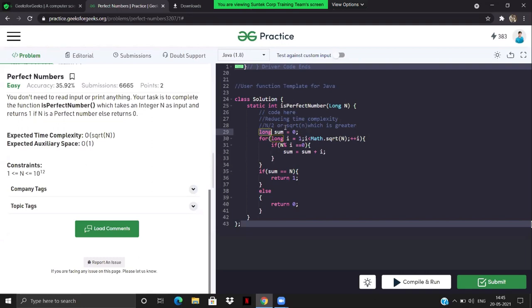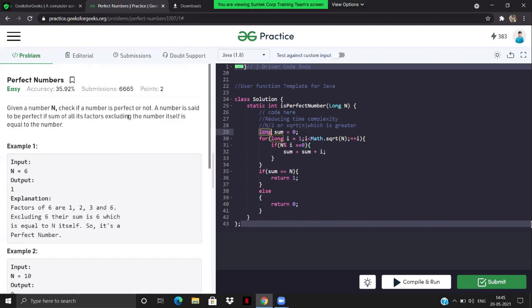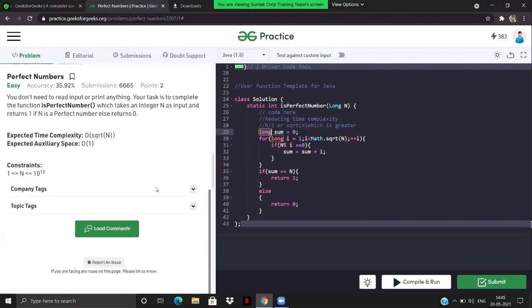Guys, what after this? If we have done this, anyone in the class? This is for sure that the solution I have written previously is not going to work for the test cases they have given. Now I need to find a better solution because n ranges from 1 to 10 to the power 12, which is a pretty huge number.